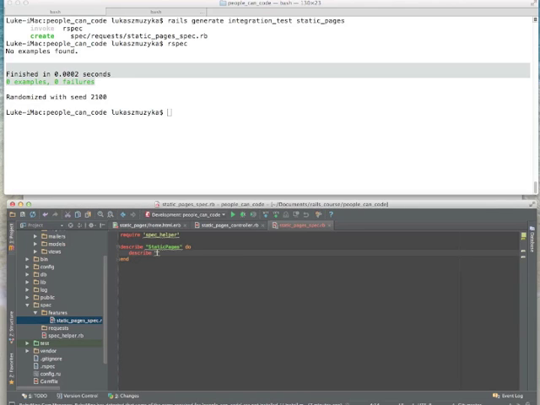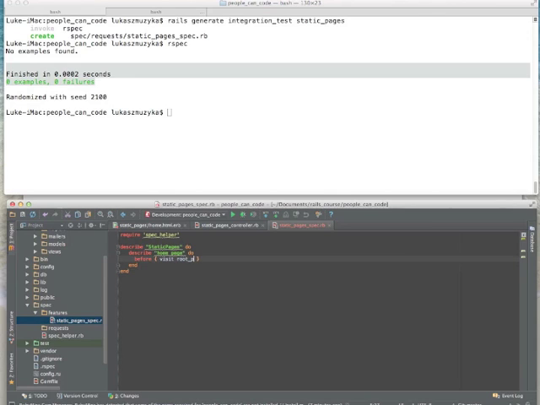Describe, and we call this one home page. Okay. And every test, or not every test, but we generally will be preparing, so inputting some data into the test, and we will expect something to happen. So in this case, we want to open the page and see if it has the right content. So let's write before, which will execute before our expectation. Visit